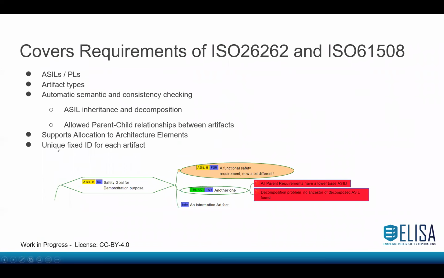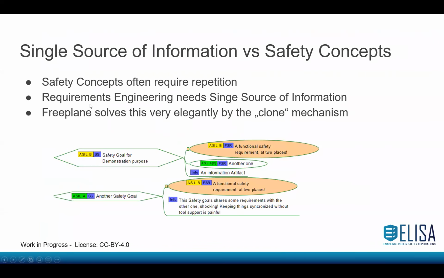Okay. Now, what else is there? What is very important? Single source of information. I already explained that earlier. The safety concept might want repetition, but from the safety engineering side, this is not good. And having it in a textual form was a source of a lot of headaches. But Freeplane already has a mechanism built in called cloning. Maybe some of you wondered